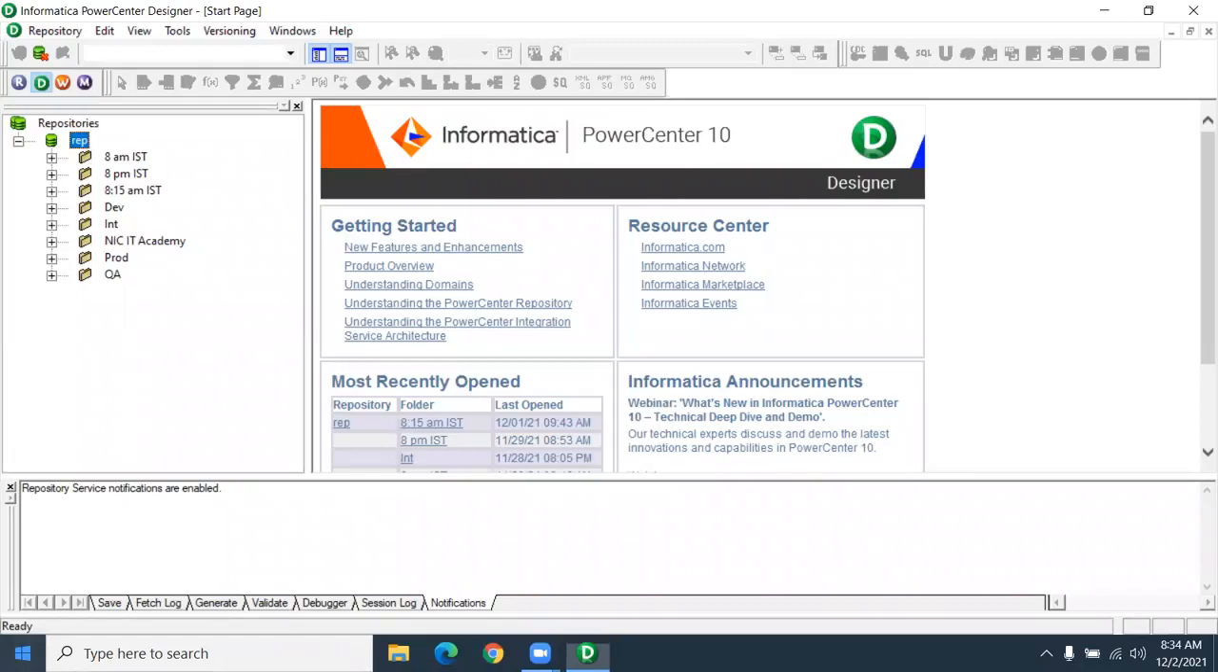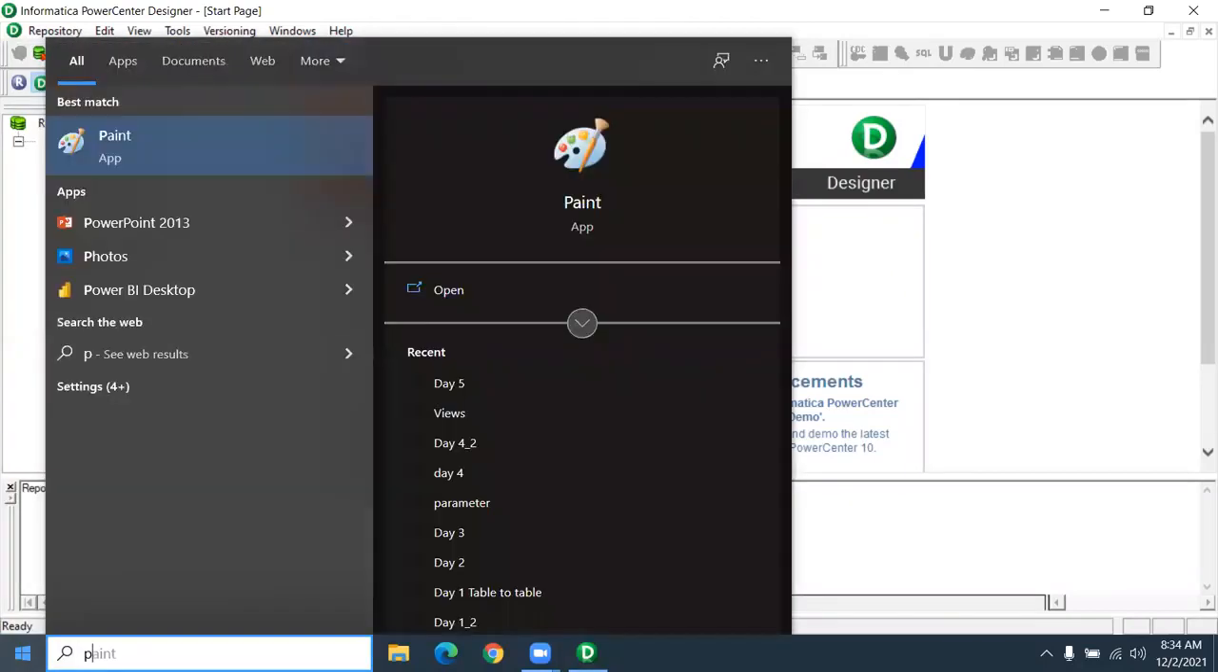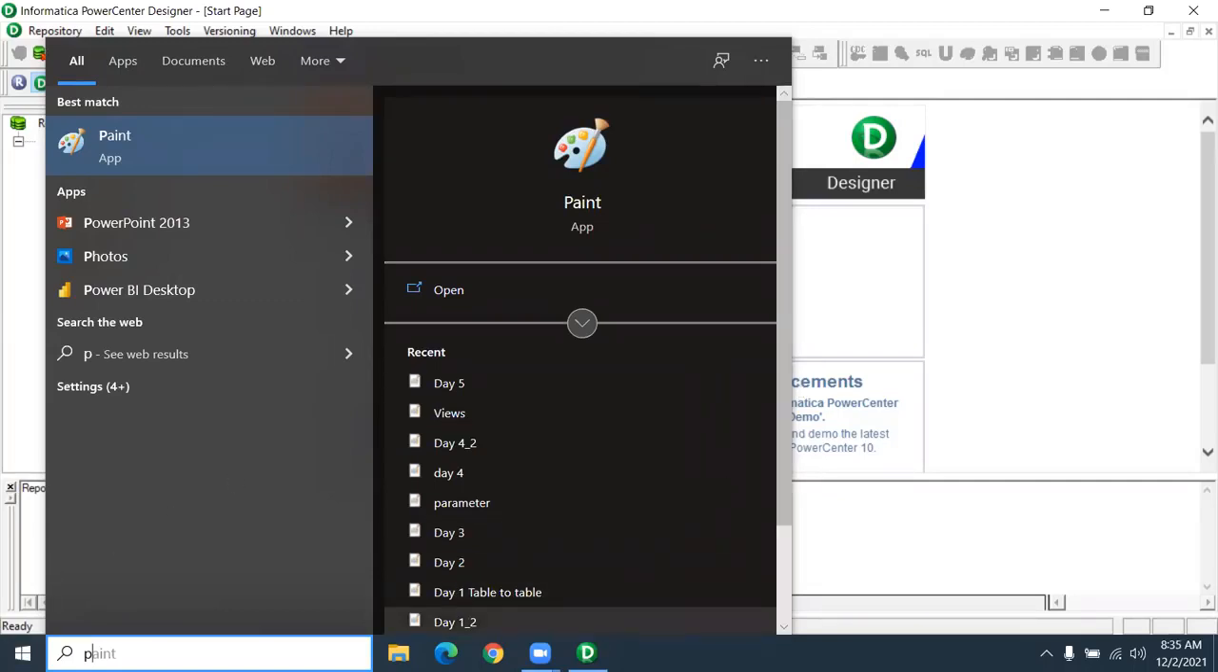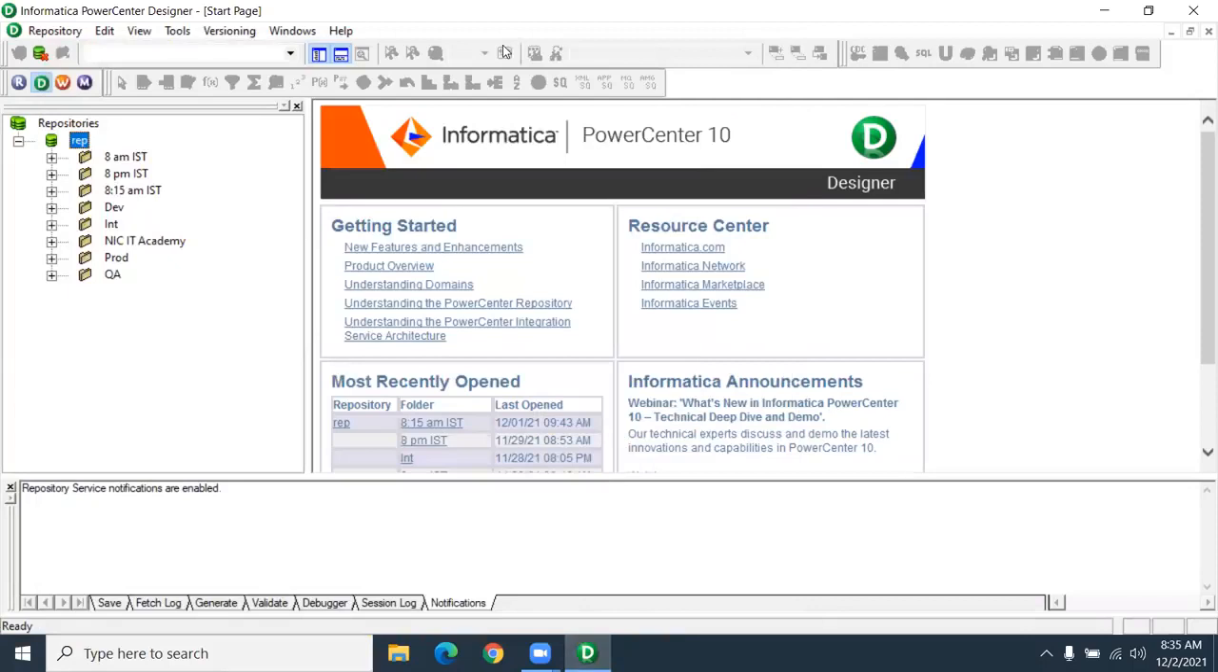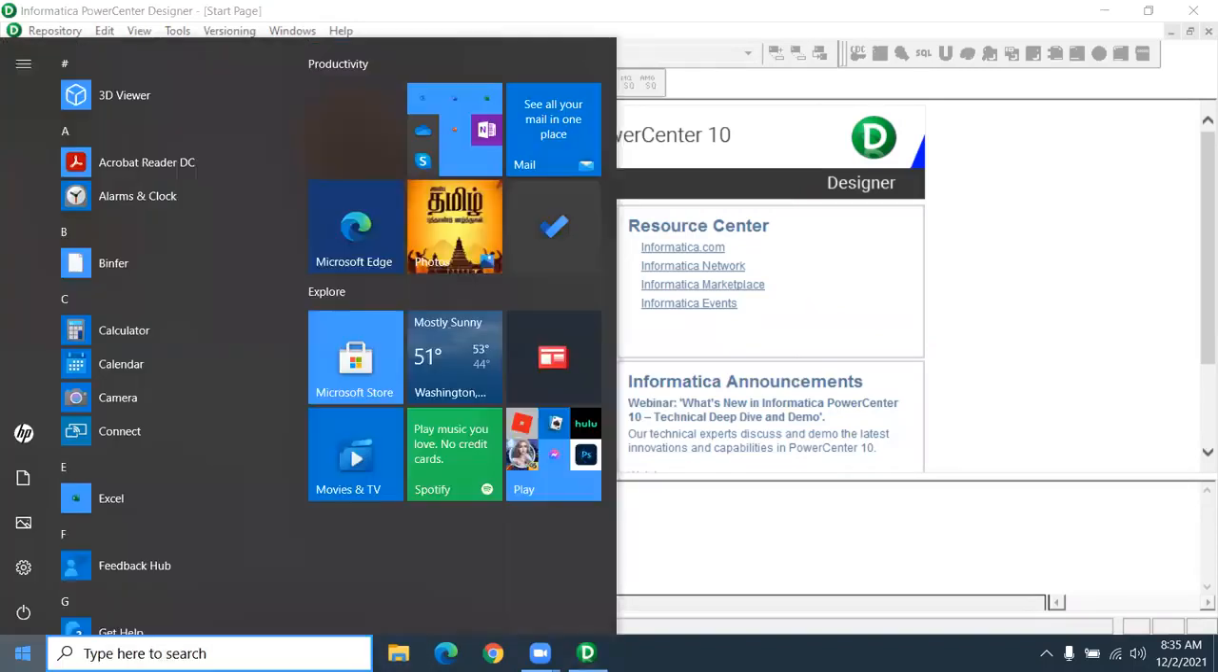Okay, so in our previous session, we have seen different types of load: table to table, table to flat file, and flat file to table. I hope everyone has practiced these three different scenarios. We will continue with the table loads. We have one more scenario called